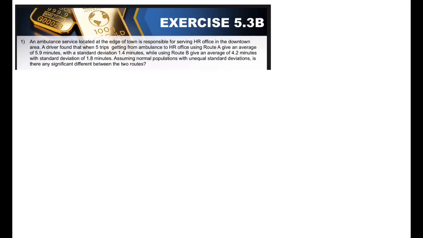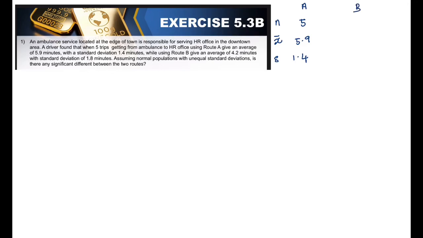Exercise 5.3. An ambulance service located at the edge of town is responsible for serving the HR office in the downtown area. A driver found that when 5 trips getting from the ambulance to the HR office using route A give an average of 5.9 minutes with a standard deviation of 1.5 minutes. So from here, you know that there is route A. Route A, 5 trips, so n equals 5, gives an average x bar of 5.9 minutes with a standard deviation of 1.5 minutes. While using route B